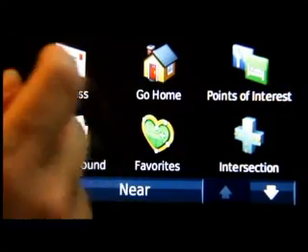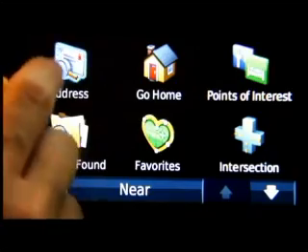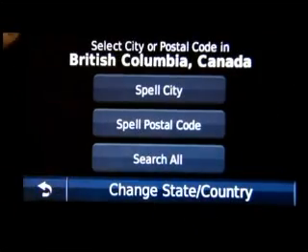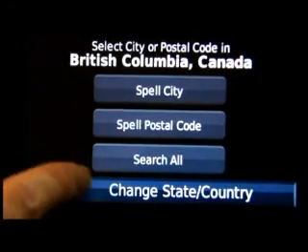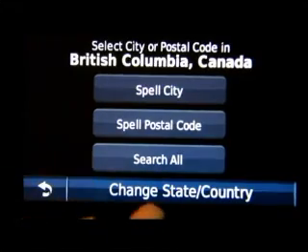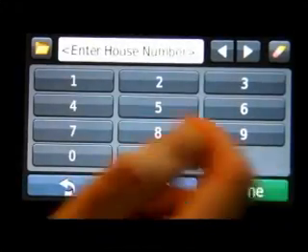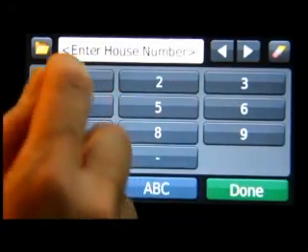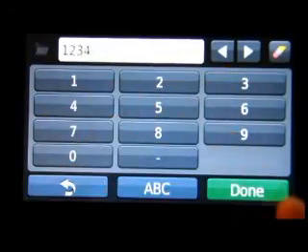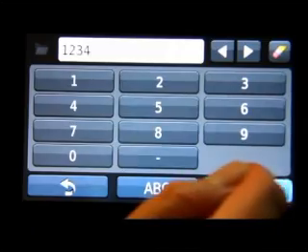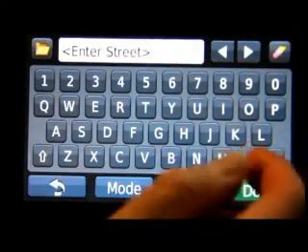And here is the place where you enter the address. You have 3 options: spell city, postal code, or search all of them. You can say search all, right? And then you can just enter a house number, 1, 2, 3, 4, right? And then enter a street. In